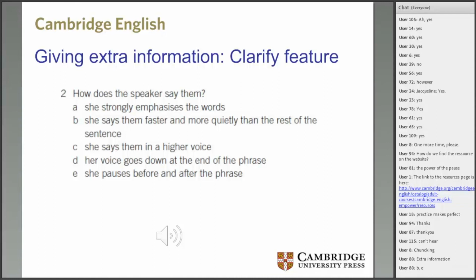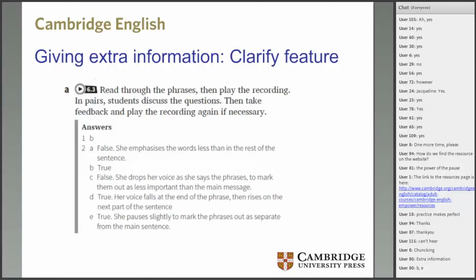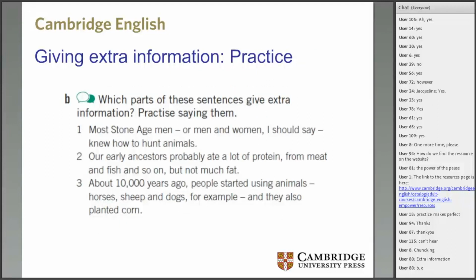So it's getting them to listen to the kind of tone she's using and the kind of pauses to provide the extra information. And the answers are here, indicating that she's dropping her voice, which signals that the information is less important. And then here again is an easy practice activity. There are examples that are similar to